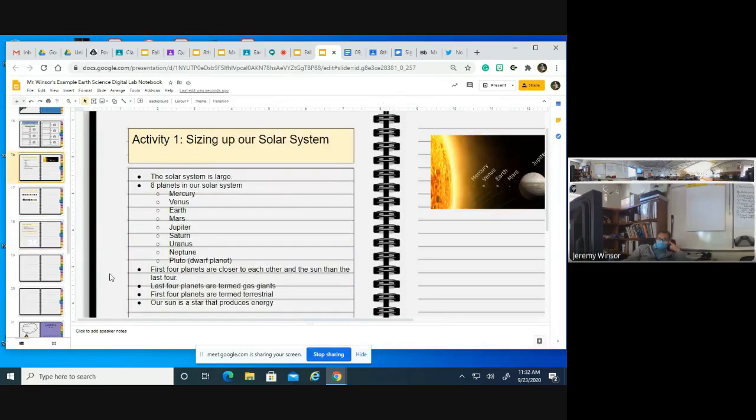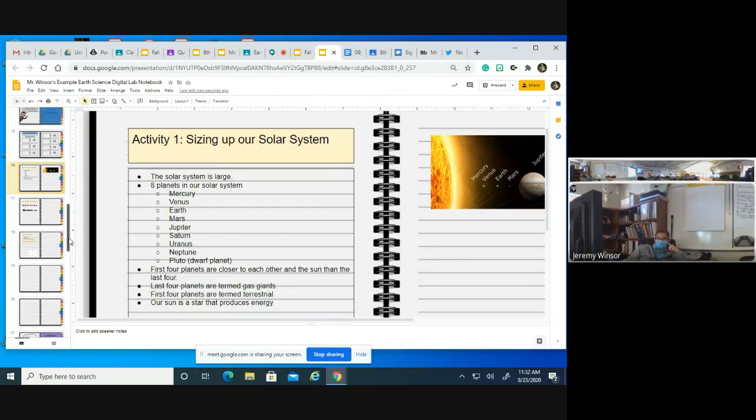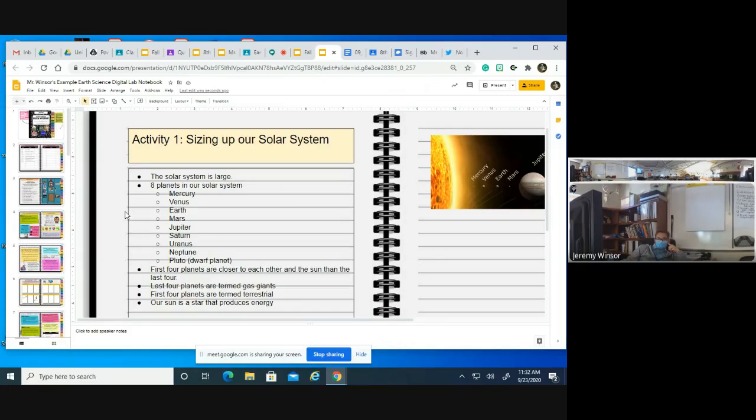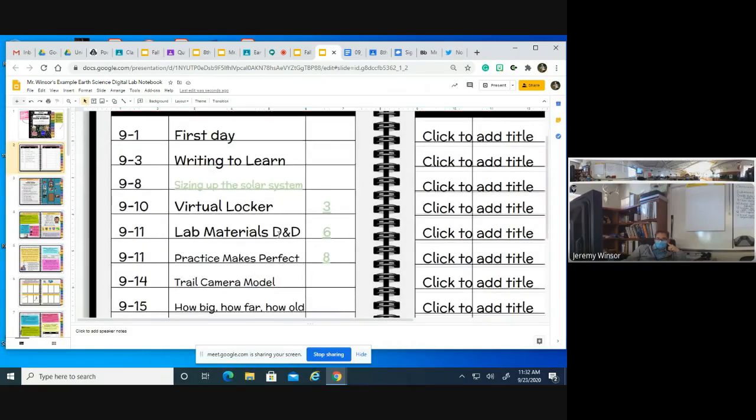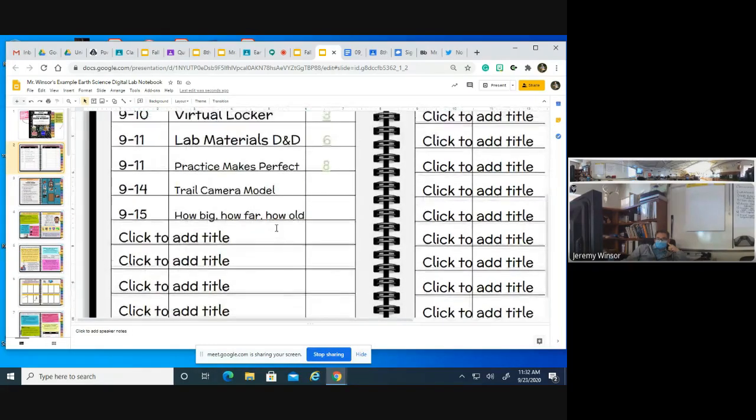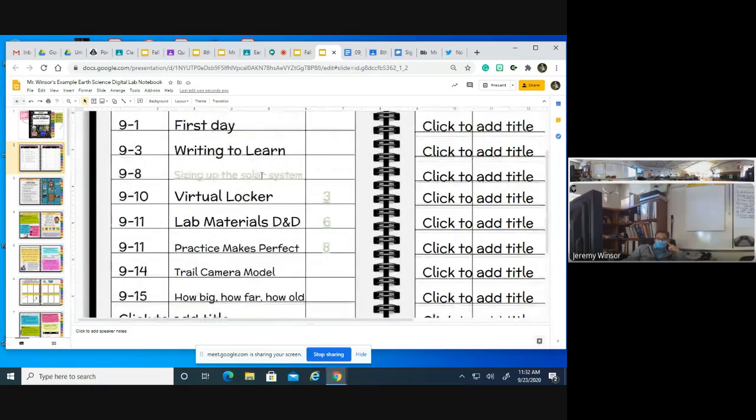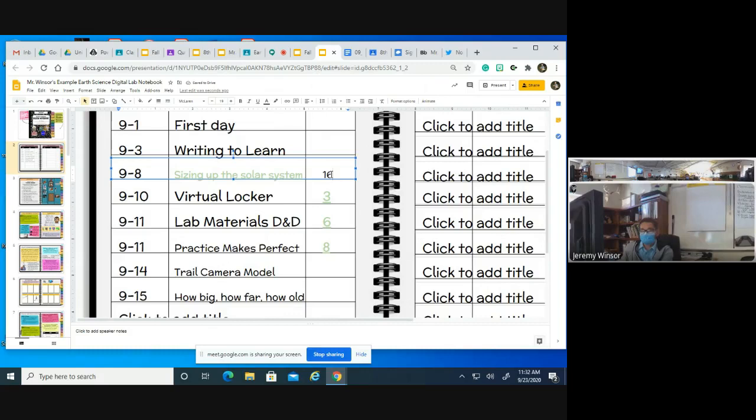Also recall that we have a table of contents. So activity number 1, sizing up our solar system. I'm going to go all the way back here to my table of contents. And I put our sizing up the solar system activity on there based on the date, but then I never put a page number. And so in our lab notebook, it was page number 16. If I write 16 in there,